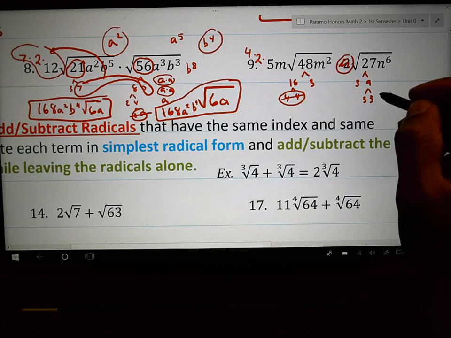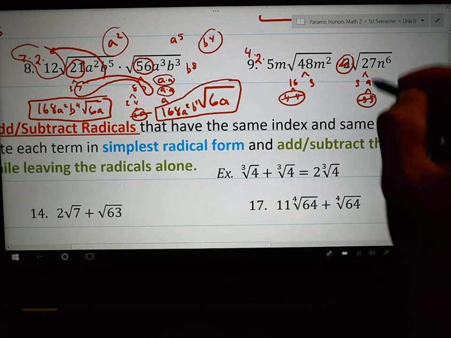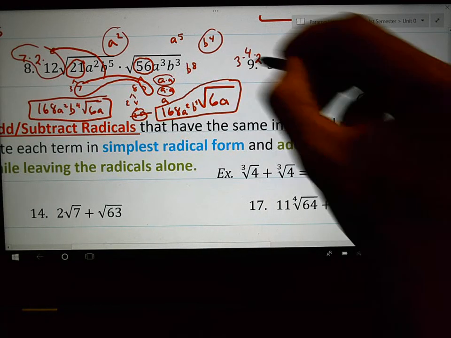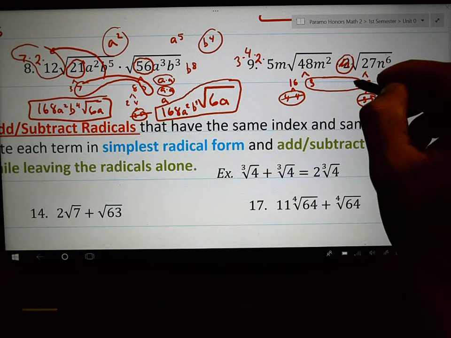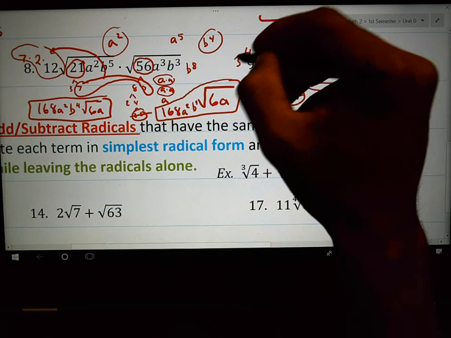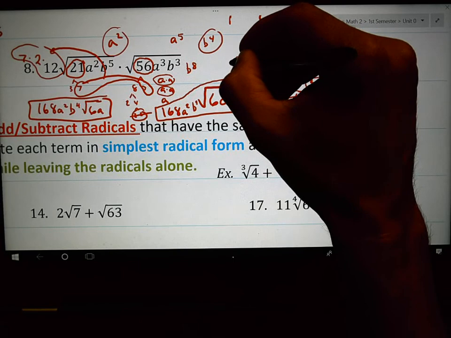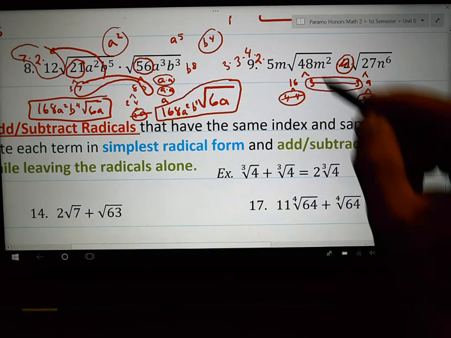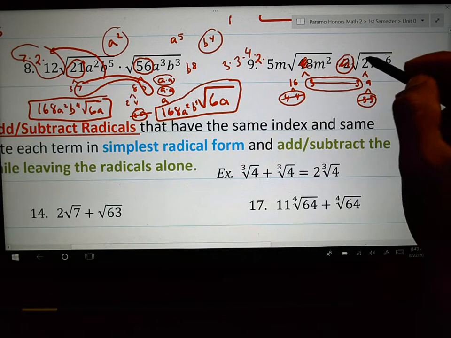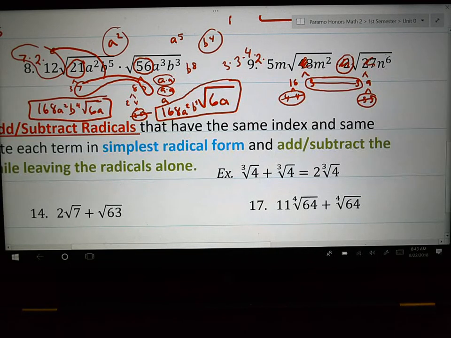I see a pair of 3s over here. I'm going to pop that 3 out over there. And then I see another pair of 3s that pop out. So that means all the numbers go away, right? There's no numbers left inside this radical. And now,